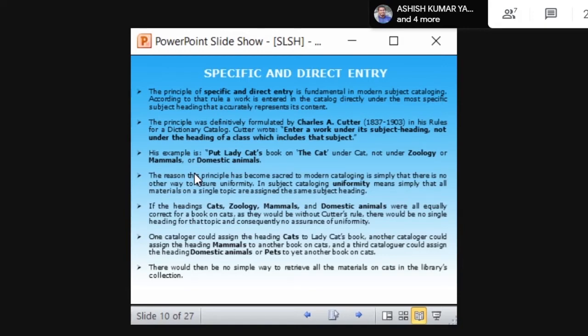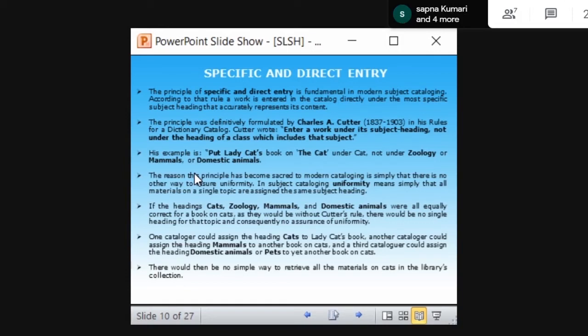Okay, that is ophthalmologist. So it is better to give specific subject headings. That is, ophthalmology is specific. If you write medicine, medicine is a broader heading. Medicine has different fields, different subdivisions. So if you write ophthalmology, it will be easier to refer. That is what he is saying.